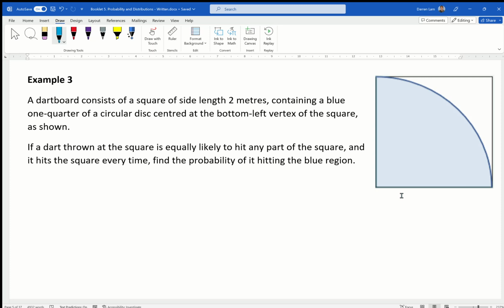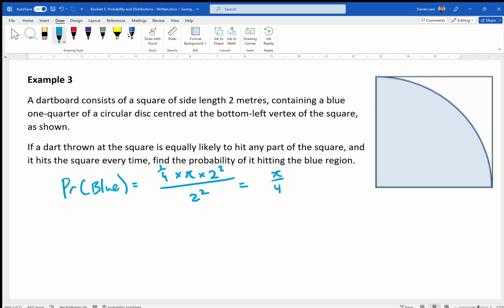So the probability of blue would equal the value on top, being the area of the quarter circle, which is a quarter multiplied by pi r squared. I am again flying through this quite quickly. Please let me know if I'm going too quickly. Divided by the total area, which is just going to be 2 squared,